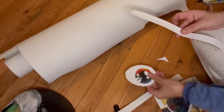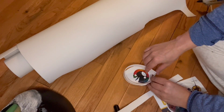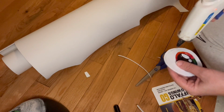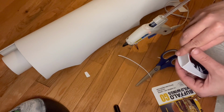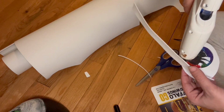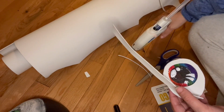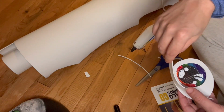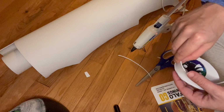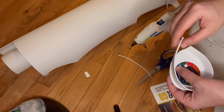Next, you are going to want to start building the eye walls. For those, I just cut out the length of the outer part of the eye white base, approximately a half inch to an inch, depending on how big I want the eye to be. Then running a thin strip of hot glue around the eye. This is a bit of a slow process, so I do a little bit at a time just to make sure that everything is glued down,